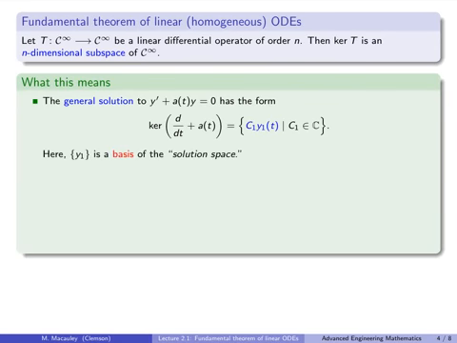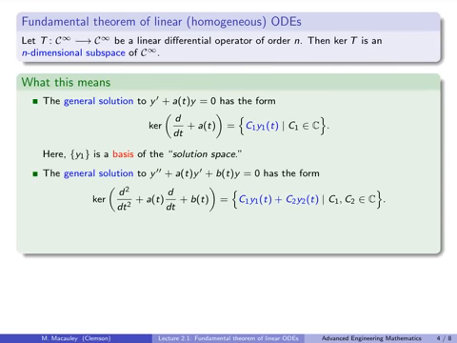Formally, we say that y1 is a basis of the so-called solution space, because it's a vector space of solutions to this ODE. Let's go up to n equals 2. The general solution to an arbitrary second order ODE